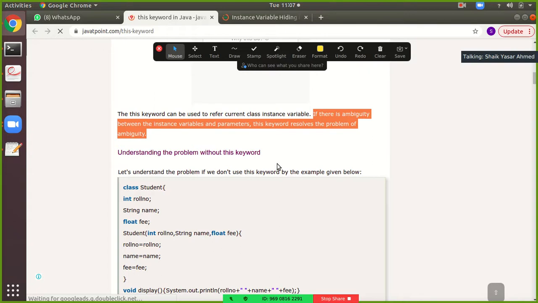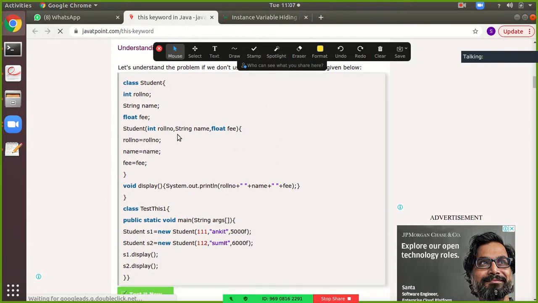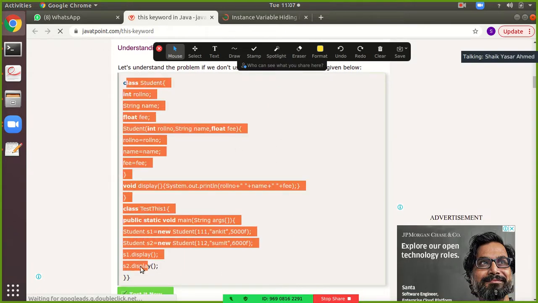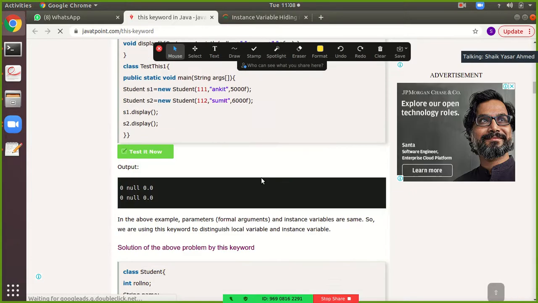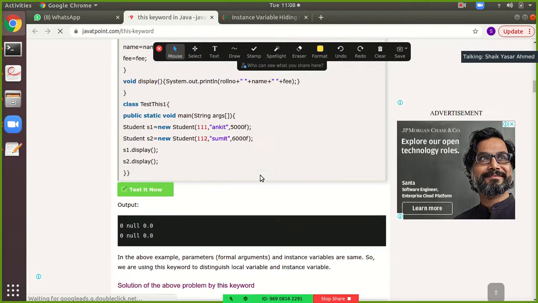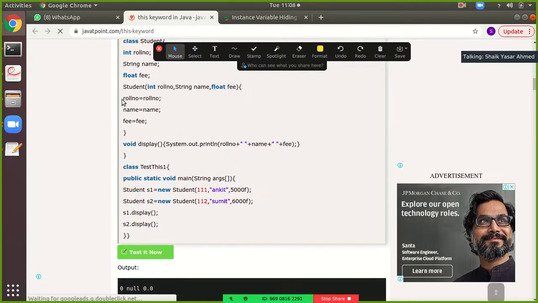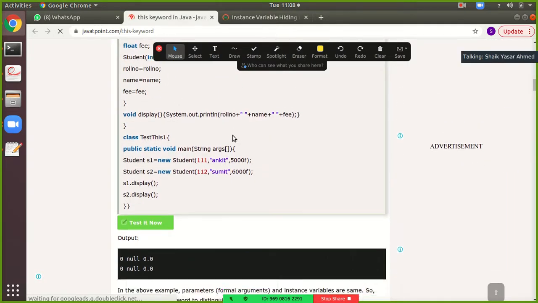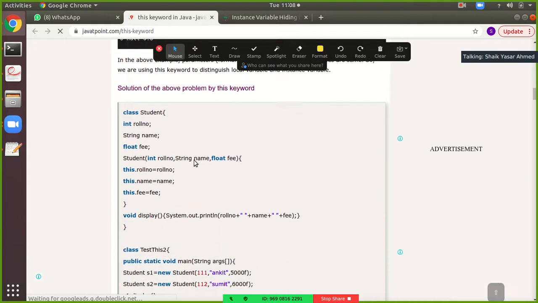Apart from this program, I will show you the next program. Same concept, only the difference is here in the next program below. Please observe here.